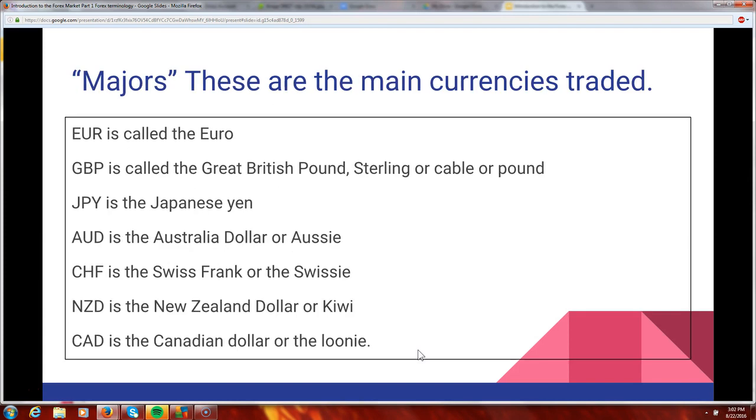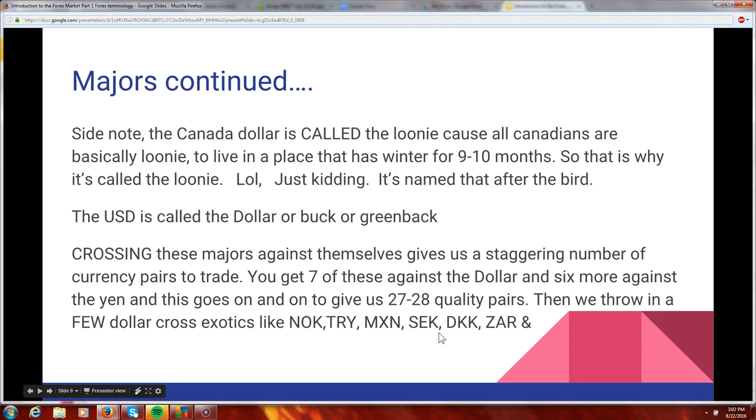The majors, let's talk about those. These are the main currencies that are traded. The euro is a major. It's a very important pair, all right? The Great British Pound is called the Great British Pound or sterling or cable or just pound or pound dollar. There's lots of different things we can call it. JPY is the Japanese yen. The AUD is the Australian dollar, and we can also call that the Aussie. The Swiss franc we can call the Swissy, and the New Zealand we can call the Kiwi, and the Canadian dollar is also called the loonie for their country's bird, which is, by the way, a very beautiful sound that it makes,